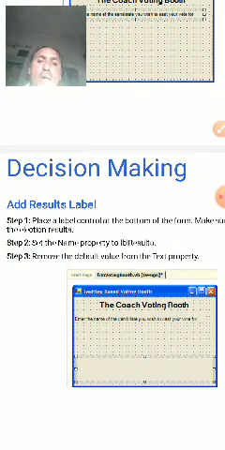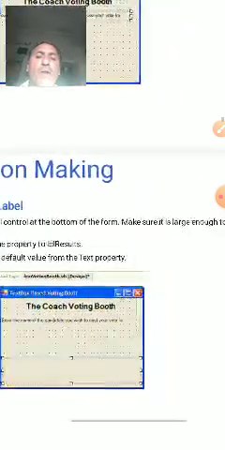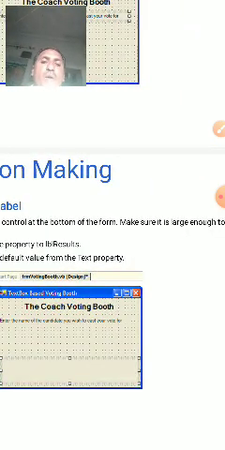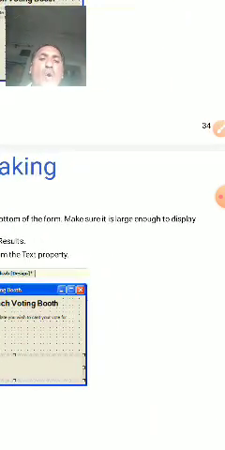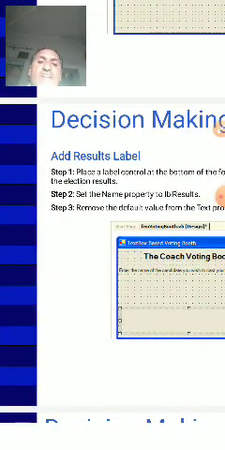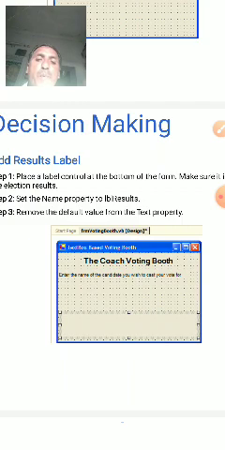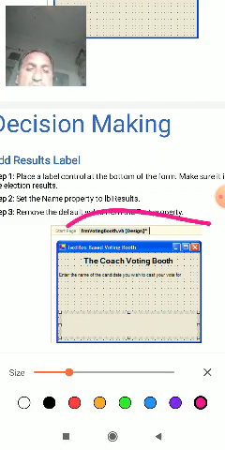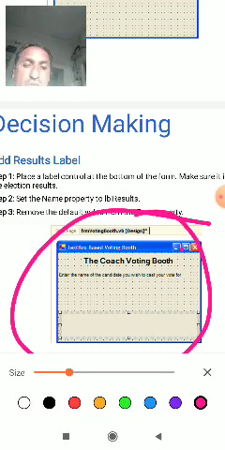Please place a label control at the bottom of the form. Make sure it is long enough to display the election results. Set the name property to label result. Rename the default value of the text property, so the text is a label.